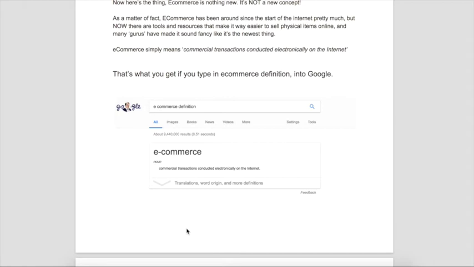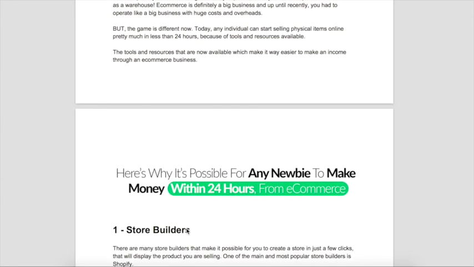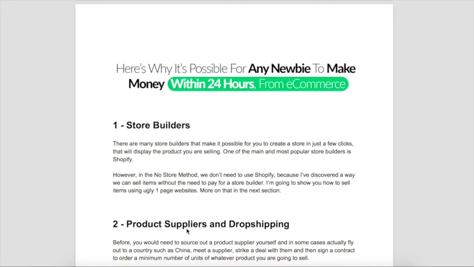E-commerce is such a broad subject, and these gurus have started to make it seem like a new magic bullet or a new shiny object that makes you think, wow, this is something new that I need to get on. It's not something new. It's just that now there are tools that make it way easier to make money with e-commerce, because back in the day, e-commerce was